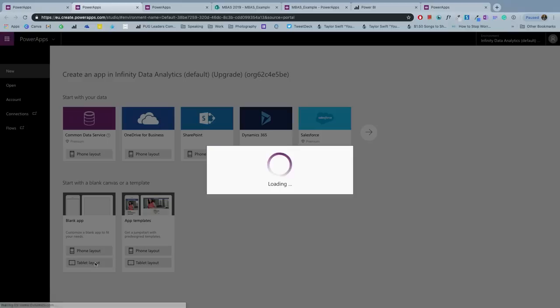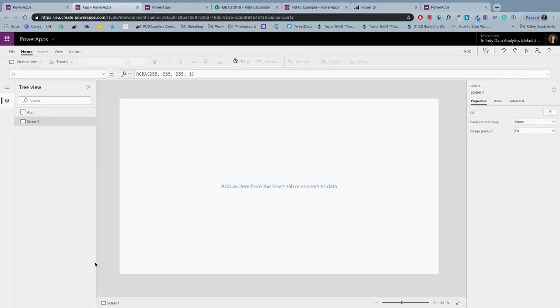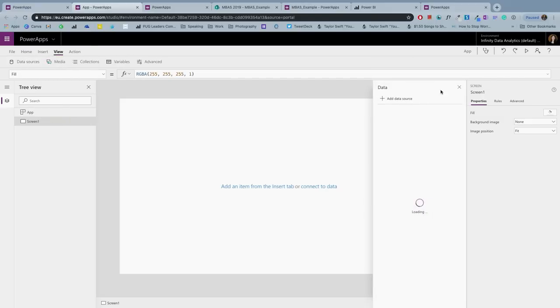And then go to the tablet layout here. That's opening up PowerApps Studio for me. Just to look at a few things again: I have a blank canvas here, and I don't have any integration with anything, which means I need to pull data into my PowerApps. So what I'm going to do is view data sources, add data source,